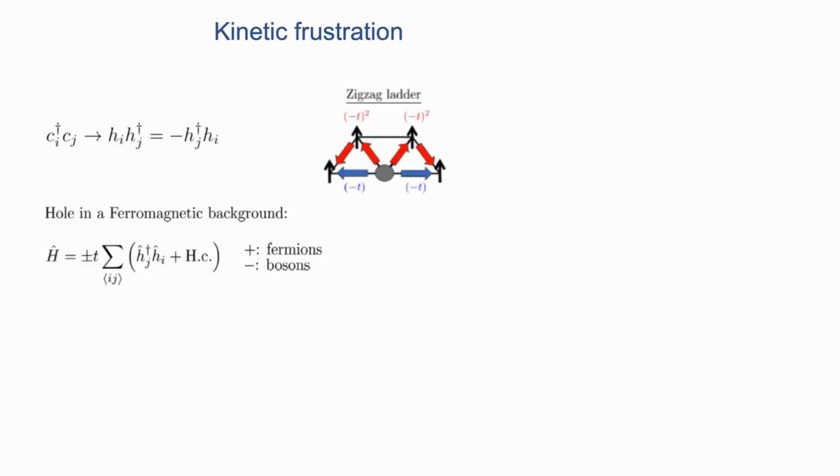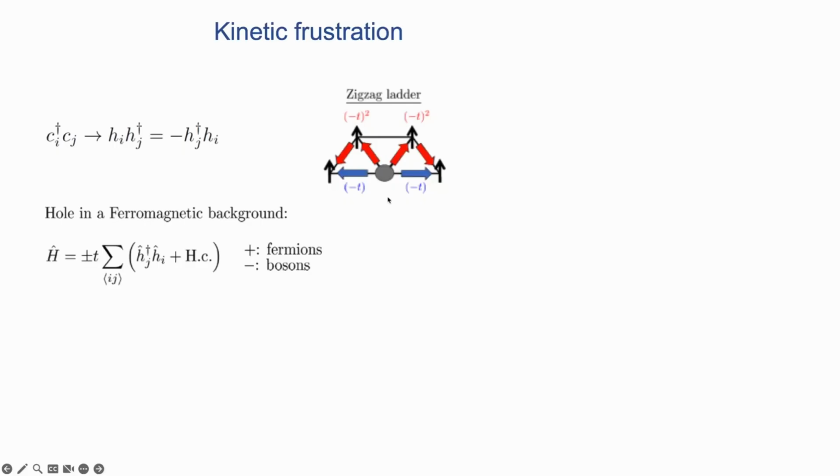But do we need to have external flux in order to see frustration? Well, let me show you that this doesn't have to be the case. Imagine a situation where we start with a triangular lattice. Let me keep my life simple and just consider a zigzag ladder. I also start with a system which has been spin polarized, and I introduce one hole. Now let me consider how this hole moves.